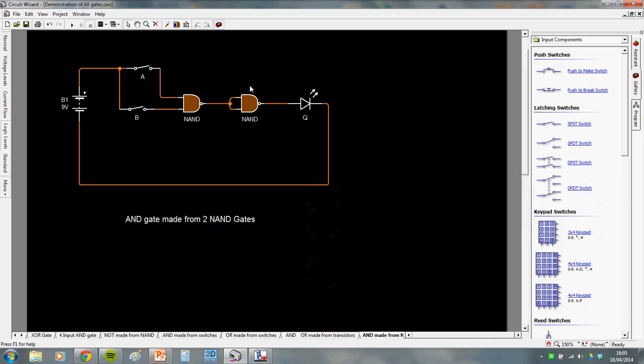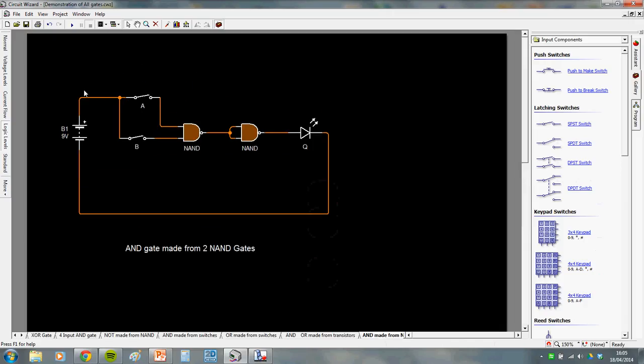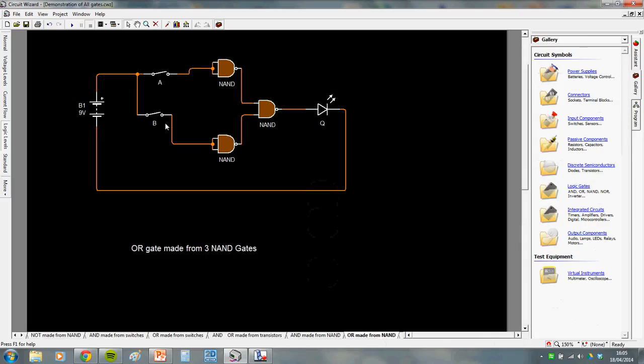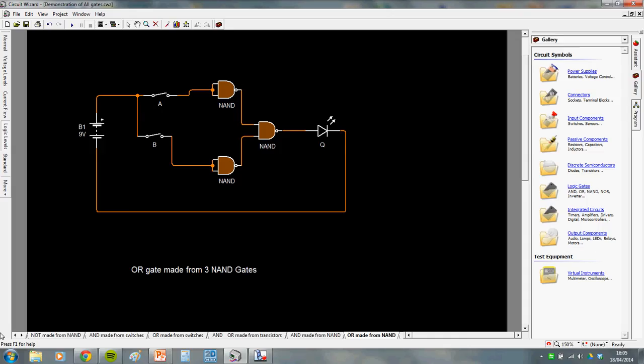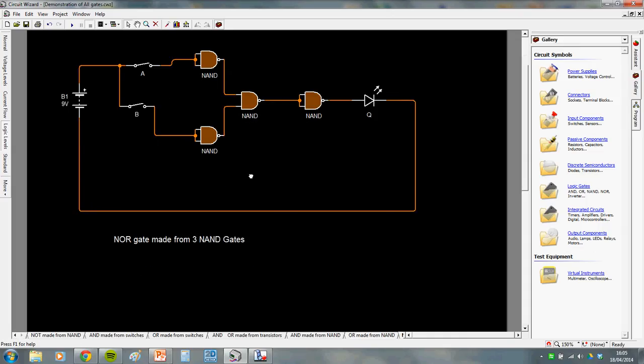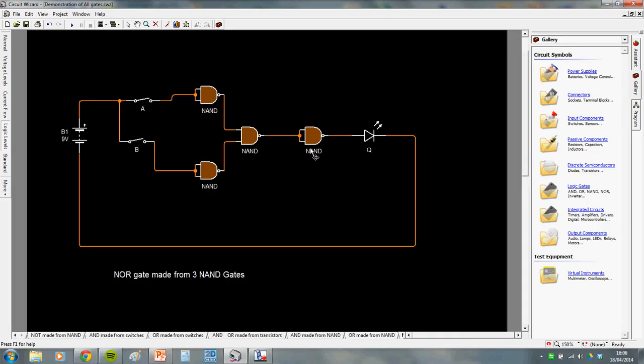In fact, just for the people in internet land, I won't explain how they work, but I'll leave you the pictures. That's an AND gate made from NANDs. This is an OR gate made from 3 NAND gates. This is a NOR gate made from 4 NAND gates,